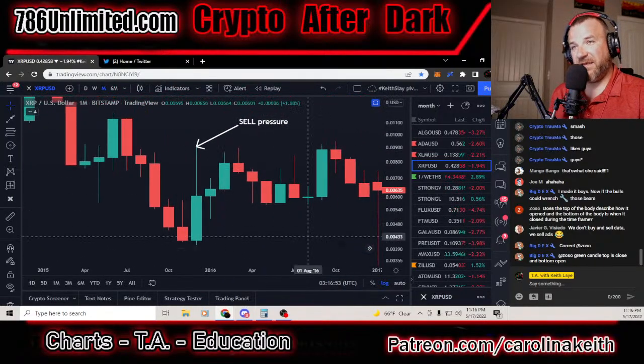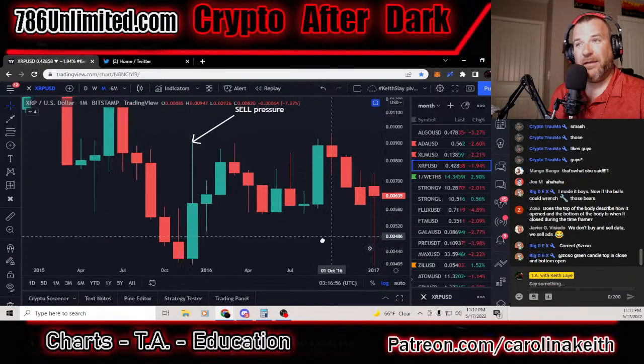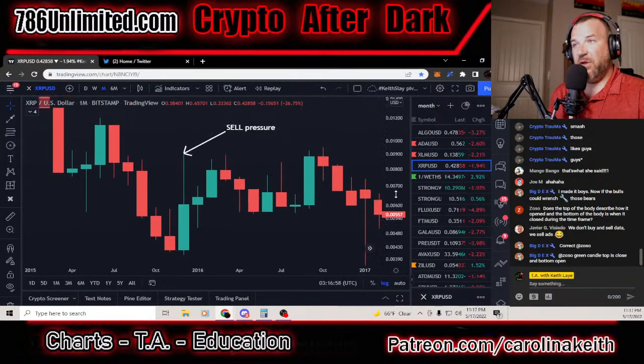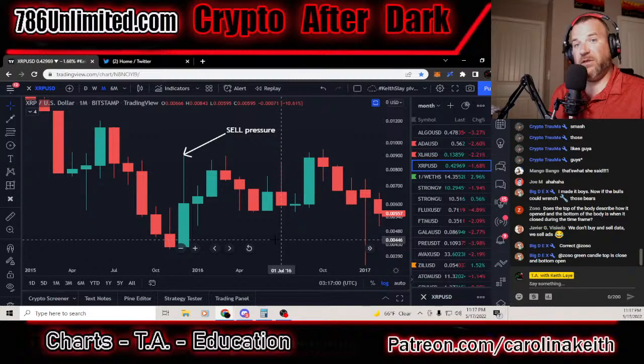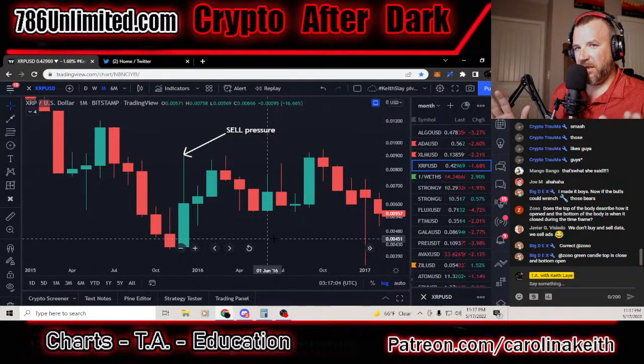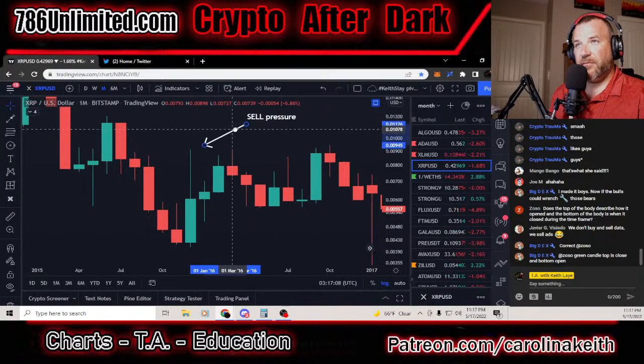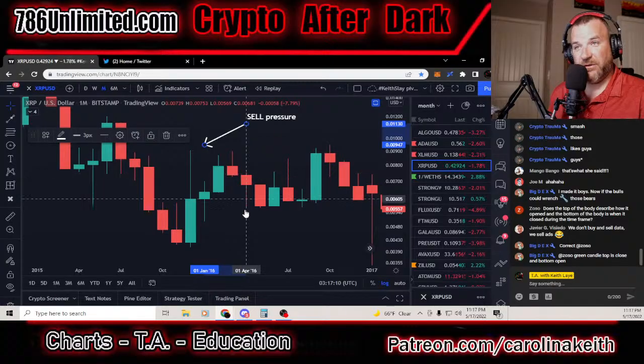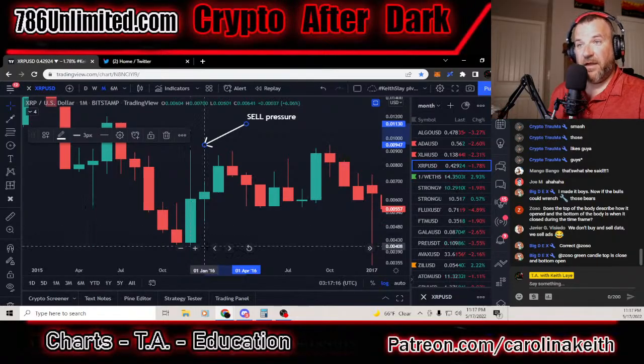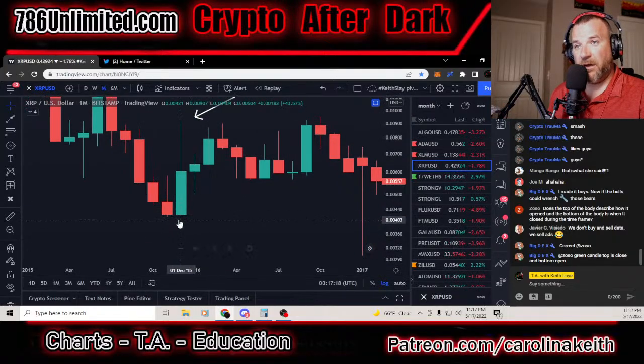I have this candle labeled sell pressure. Why? Well, I want to explain it to you. Typically, if you looked at this candle, the first thing you would think is that it's bullish. It's green. There's more to it than that, and I'll elaborate a bit here. The reason I call this a sell pressure candle is the wick on the top is almost as large as, or larger than, the candle body itself, and there's very, very little wick on the bottom at all.